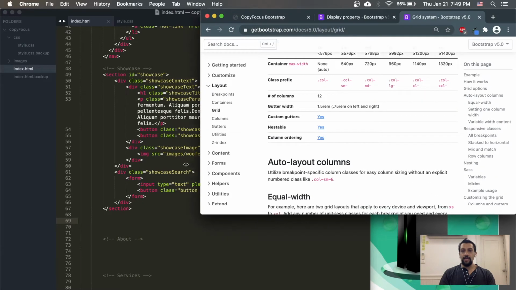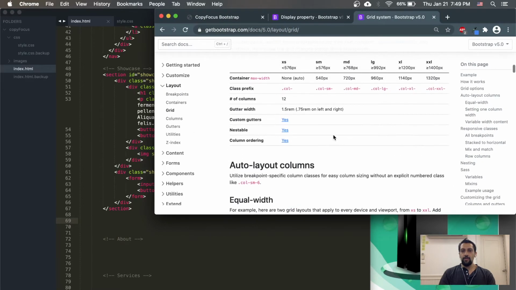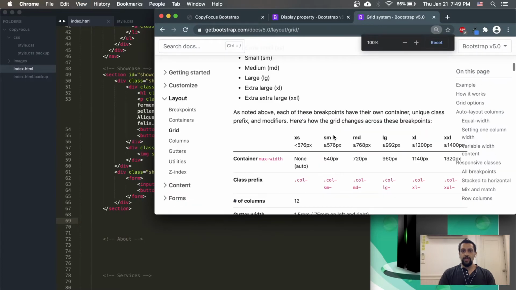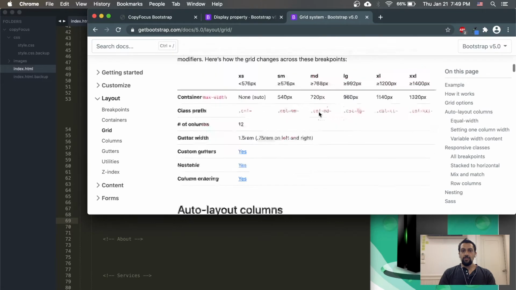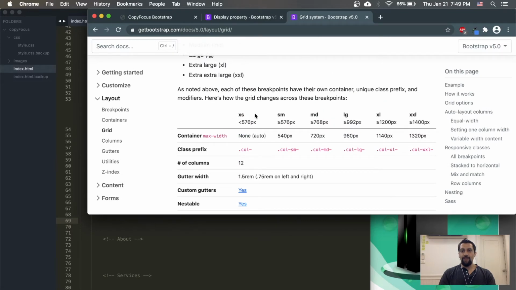I'm going to zoom into this one as well and so we can see here what we're dealing with, so these are my screen sizes in Bootstrap 5. สำคัญมาก เพราะถ้าใช้ Bootstrap 4 ไม่มี XXL มีแค่ XL ข้างใน Bootstrap 4